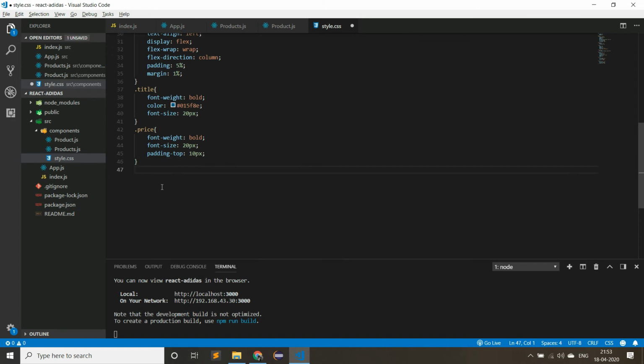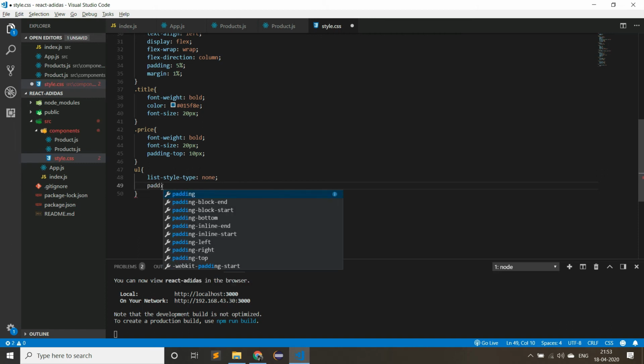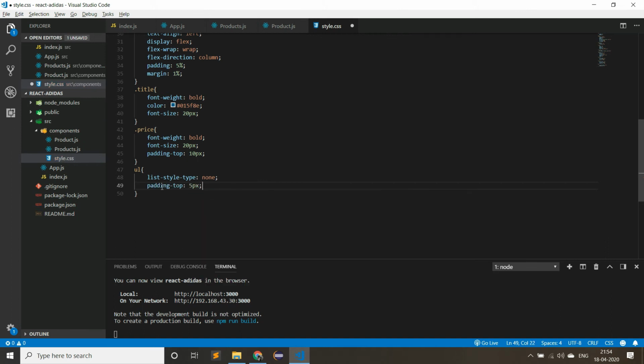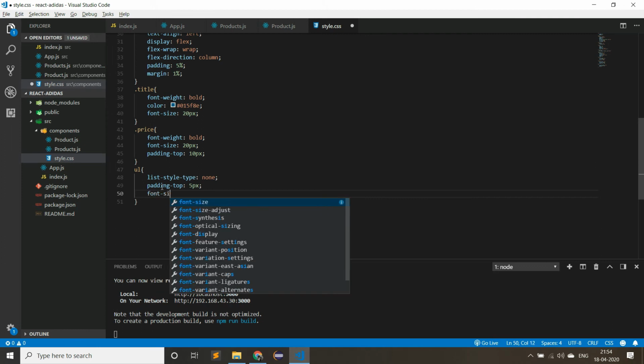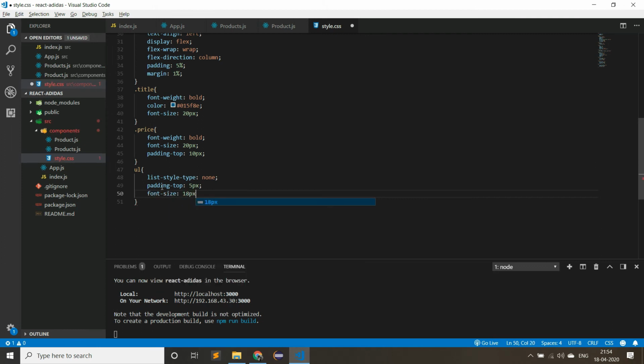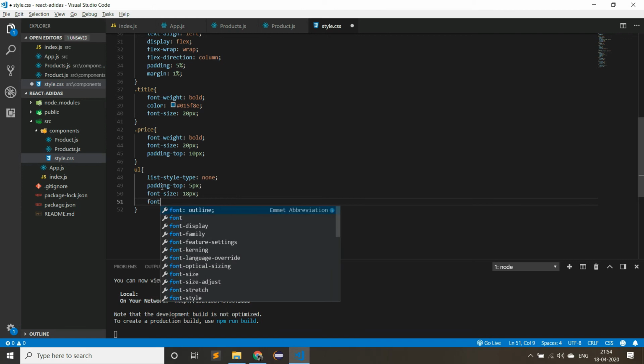Now let us add some styles to the description of the product. For that, take the unordered list, that is UL. Inside of the UL, let us write list-style-type none, so that the dots will be removed. And then give the padding top as 5 pixel, and font-size equal to 18 pixel.